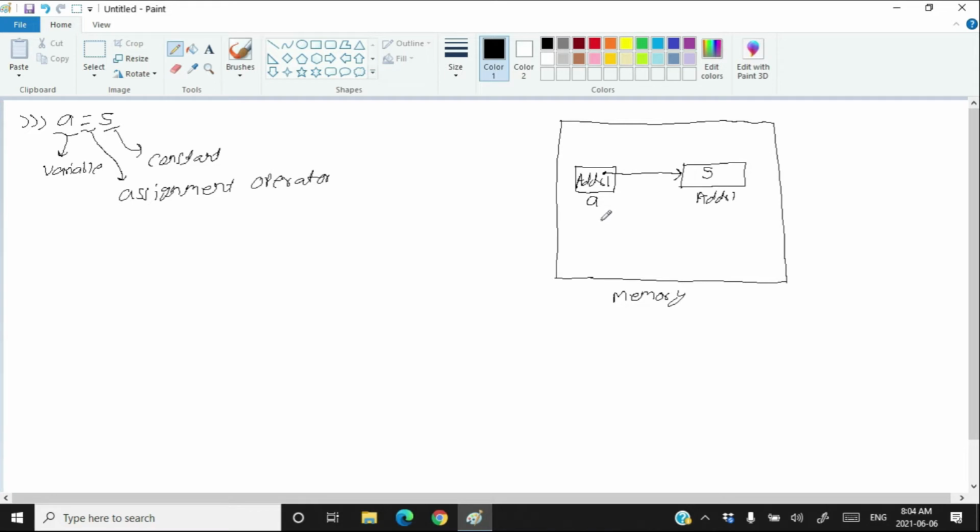Therefore, here you should notice that the allocated memory with name A itself does not contain the value 5. The value 5 gets allocated somewhere else in the memory whose reference will be stored into the variable A. That means whose address, reference means address, will be stored into the variable A. This is how variables and values work in Python.